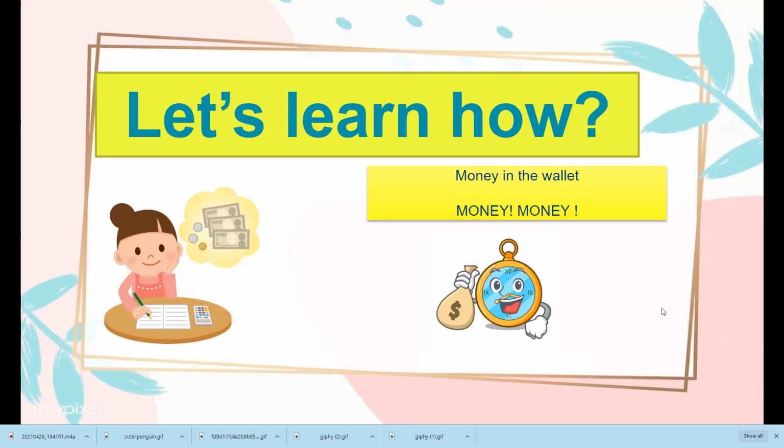So here we are going to learn how to know the money in the wallet of someone. Very interesting topic for everyone, right? You must be interested in knowing how much money is in his wallet without telling him the trick. You just ask him some questions, and he will tell you indirectly how much money he is having in the wallet. Yes, it sounds very weird, but it is just this interesting. Let's see how we are going to do it.